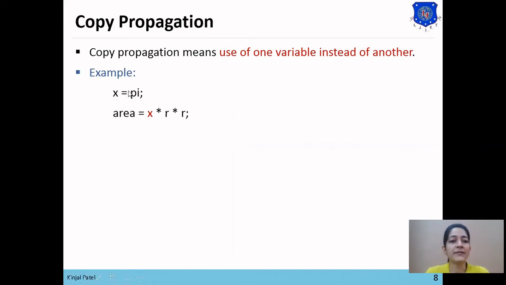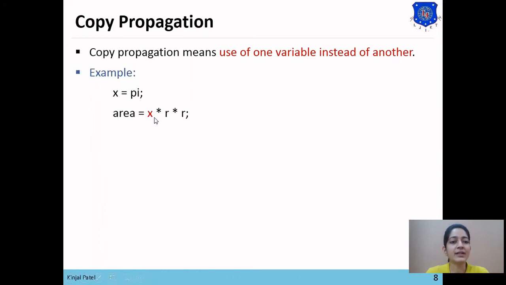First the value pi is assigned to x, and then we are using this x value. There is no need to assign the value to another variable and then use this variable in the expression. We can directly use the value pi.